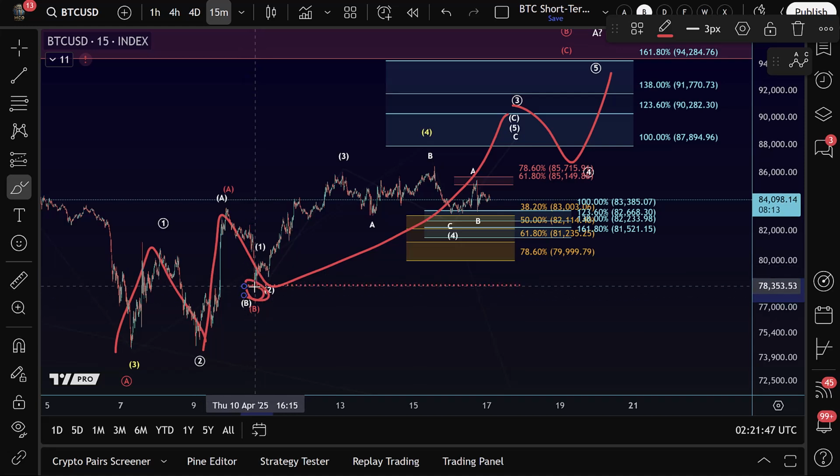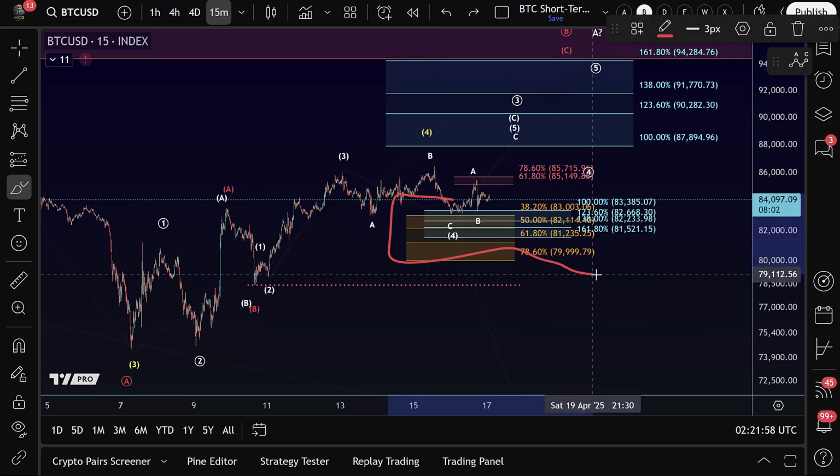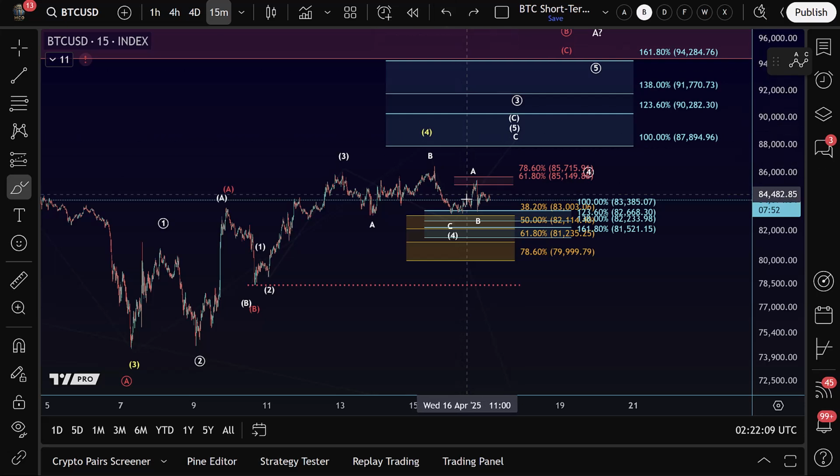As long as we're holding that $78,400 level, the white scenario is preferred. But we have some additional Fibonacci support levels to watch here, especially the area between $79,999 and $83,000. And we have no evidence, though, that a substantial low has formed here in this 4th wave, in